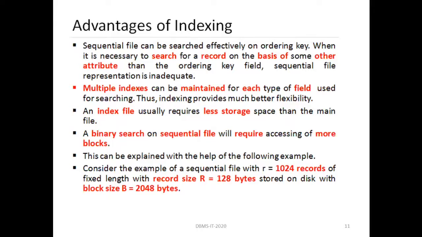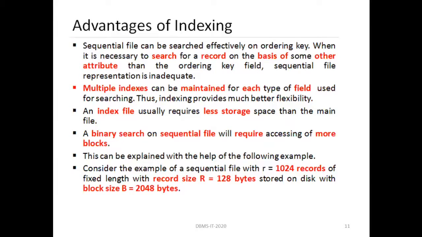Multiple indexes can be maintained for each type of field used for searching. In the previous example, we saw one index file. It is possible that there is more than one index file for a particular main file. Index files usually require less storage space, as I have already specified.